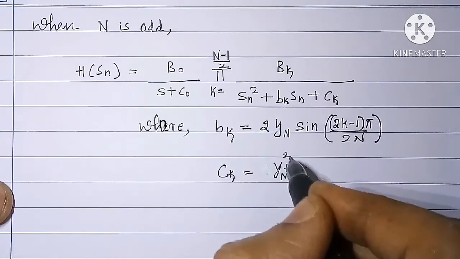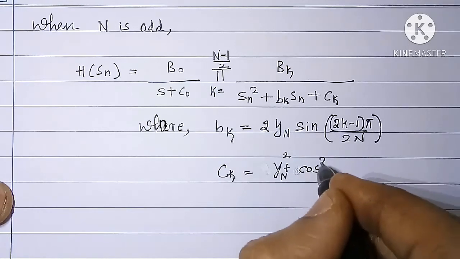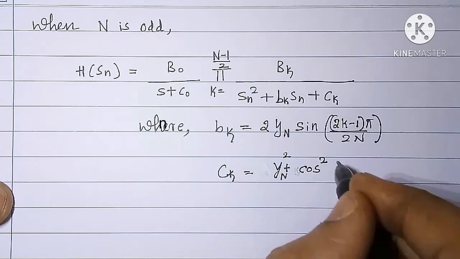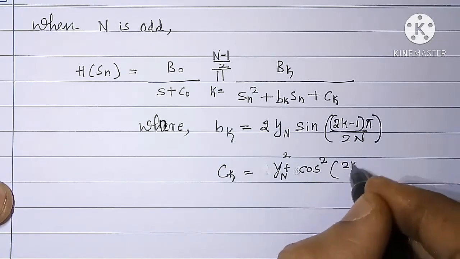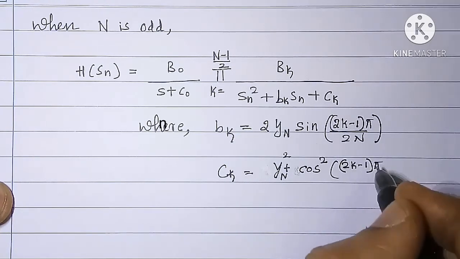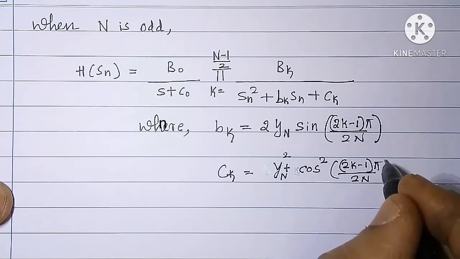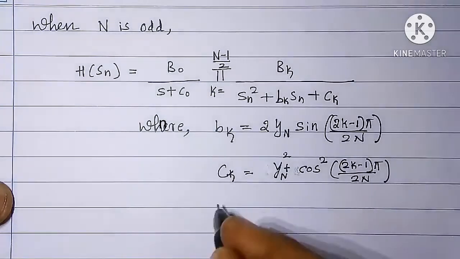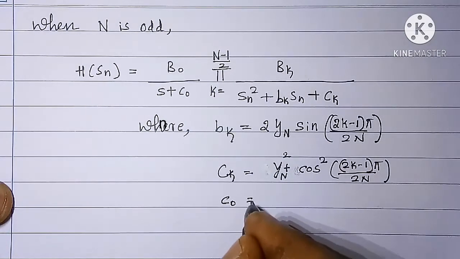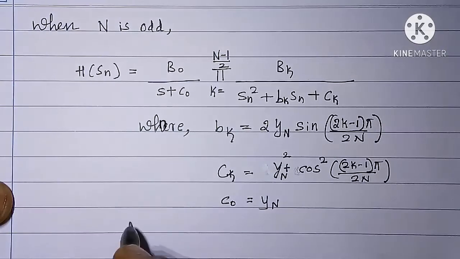Ck equal to yn square plus cos square of (2k minus 1) into pi by 2n. And C naught is equal to yn, where yn is equal to